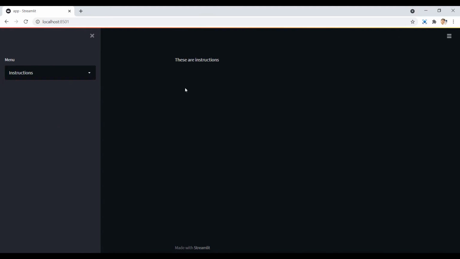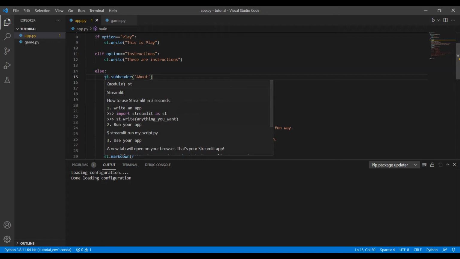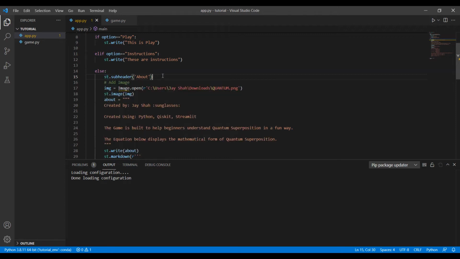So I will just copy paste it here. You can see I have pasted some content here for the about section. The first is st.subheader about. This is just like an HTML heading, the font size is bigger, and it shows that it's a heading. After the subheader, you can see I have used one image here,